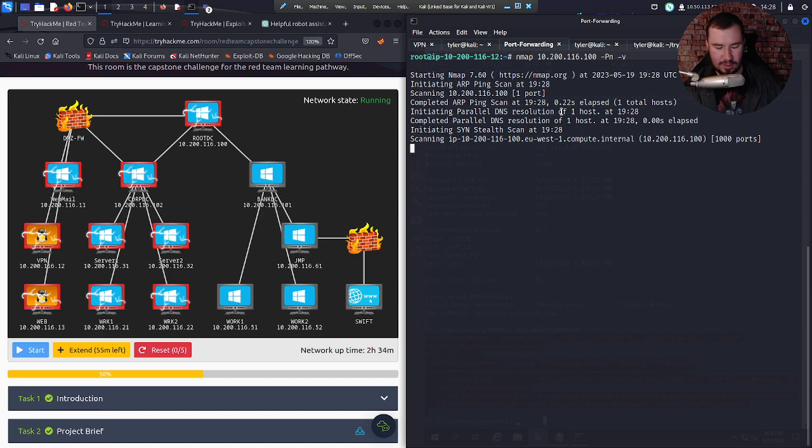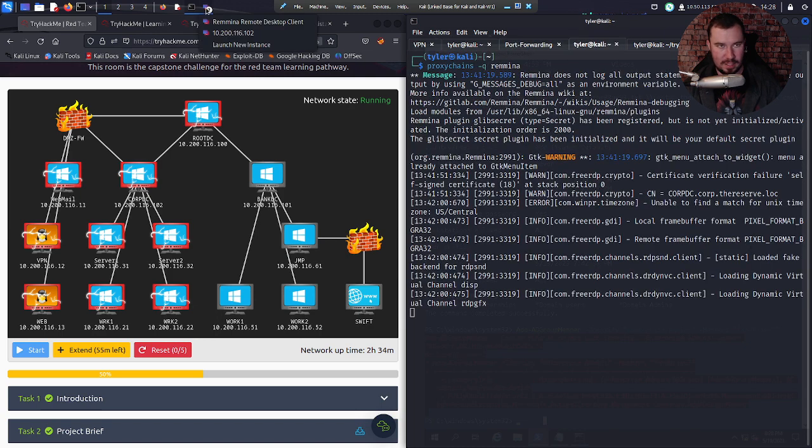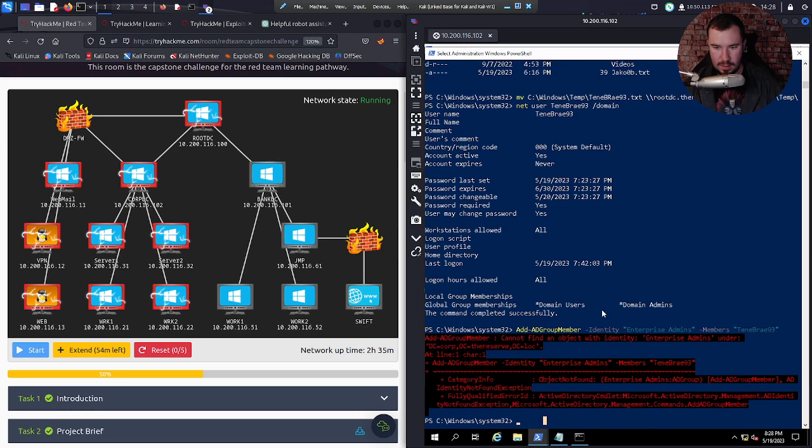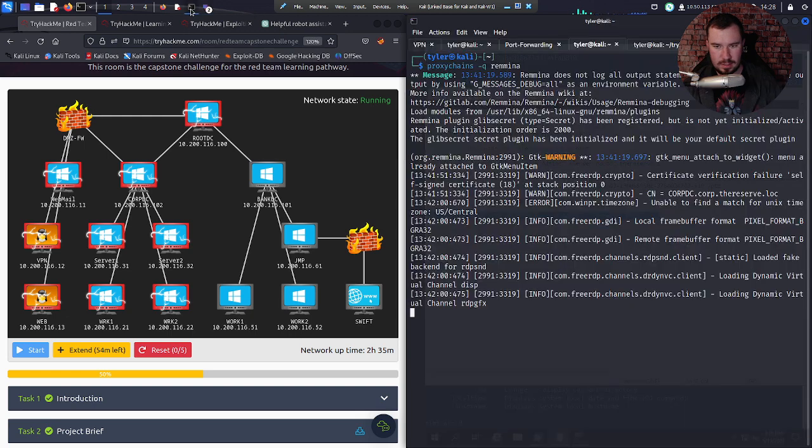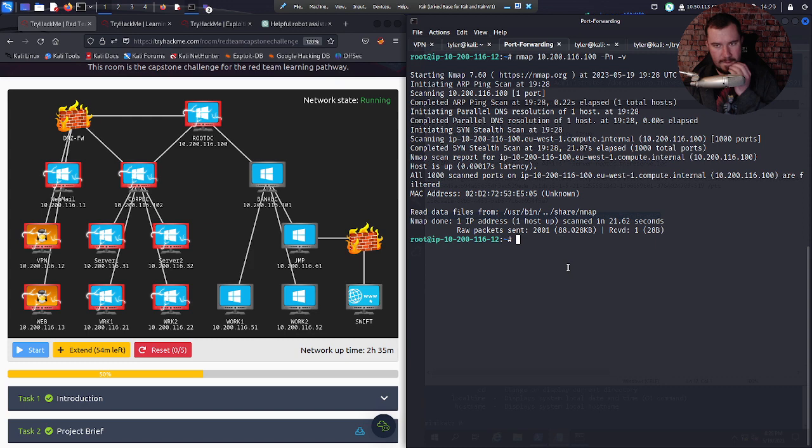I don't know why this is so confusing to me. I have the root DC. I can run commands on it. Can I just add a local user to the root DC? So that's not going to work. I can't actually hit the root DC with this type of port forwarding.